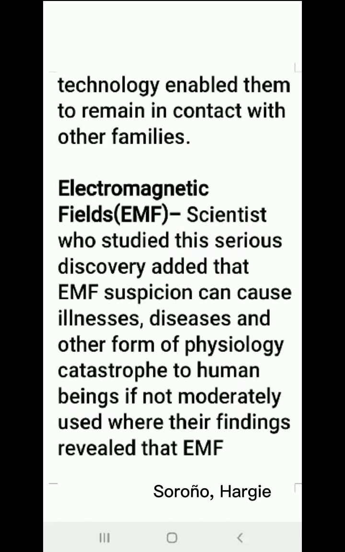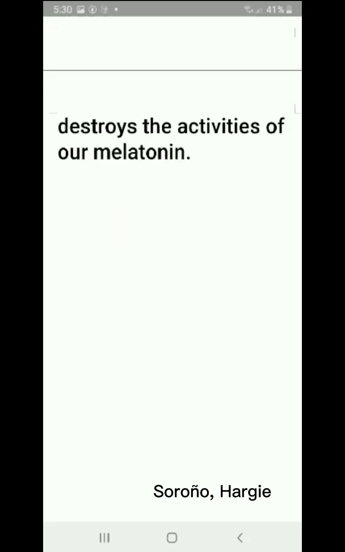Scientists who study this serious discovery added that EMF exposure can cause illnesses, diseases, and other forms of physiological harm. It is a catastrophe to human beings if not moderately used, where their findings revealed that EMF destroyed the activities of our melatonin,